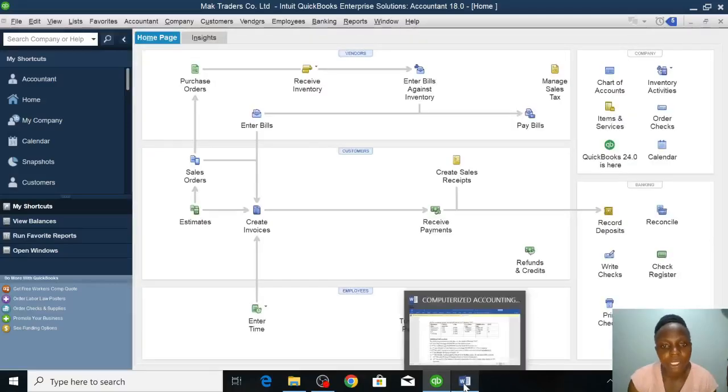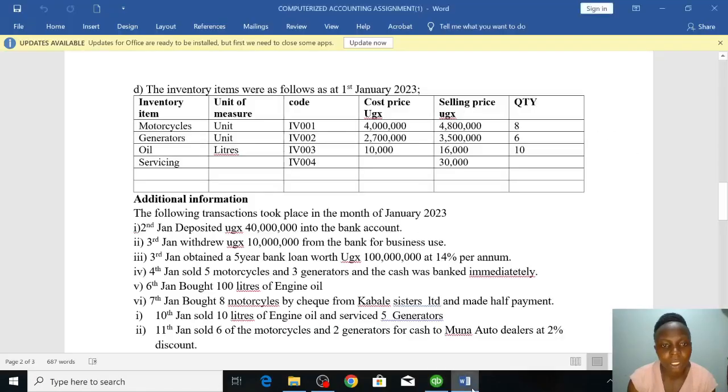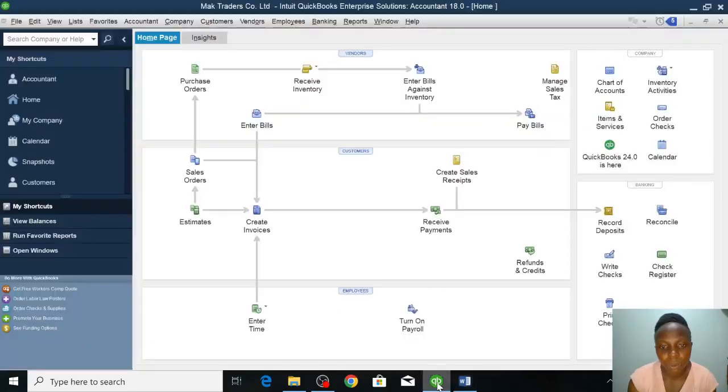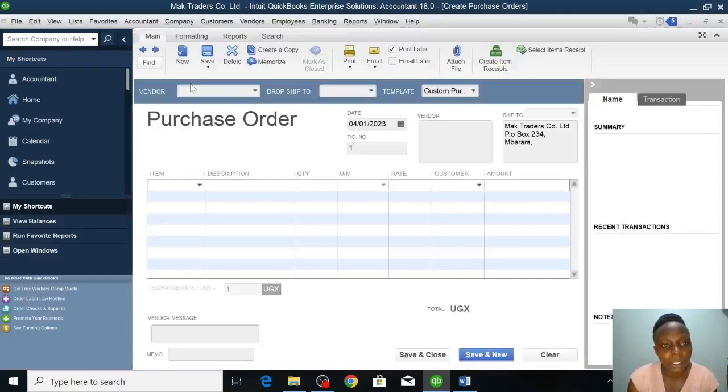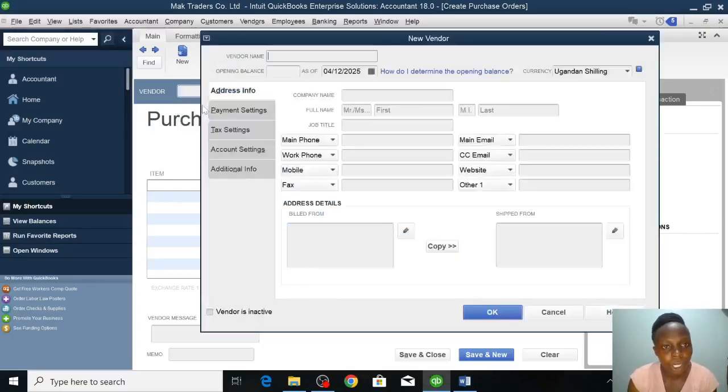And our next transaction is, let's go back to our question. Our next transaction is on 6th Jan. He bought 100 liters of engine oil. Then we go back to our QuickBooks. We go on purchase orders. Then our vendor, we are not given any vendor. Let's assume he bought them from gift